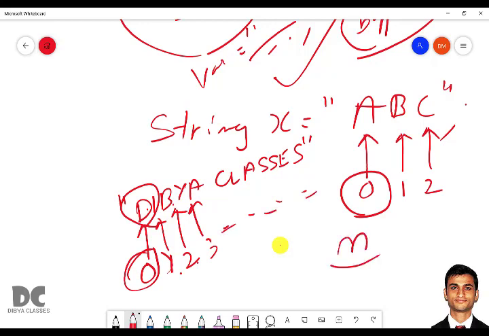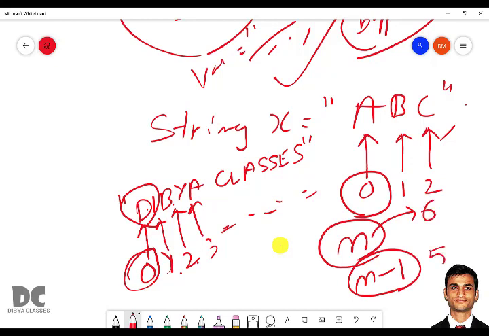So if there is n number of characters, then what will be the location? It will be n minus 1. For example, n is 6. Then what is the location of the last character? That is 5. n is 6 means 1, 2, 3, 4, 5, 6. Space, what is the location of space? It is 5. So always the location of the nth character is n minus 1. Okay, you have to remember like this. Because this location will be used to solve string programs, or to solve string outputs, or to find errors, and many more things related to strings.